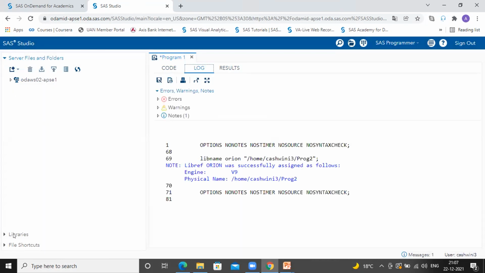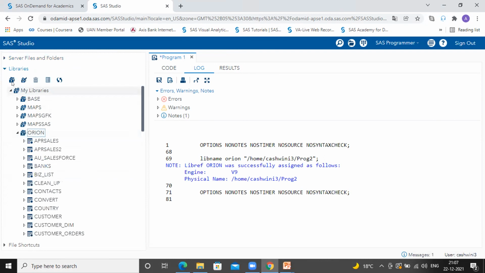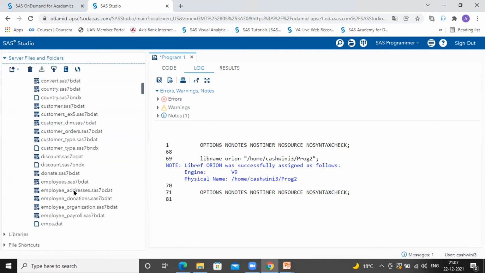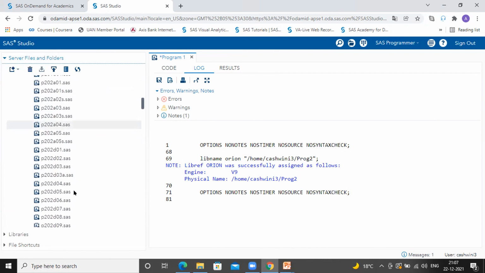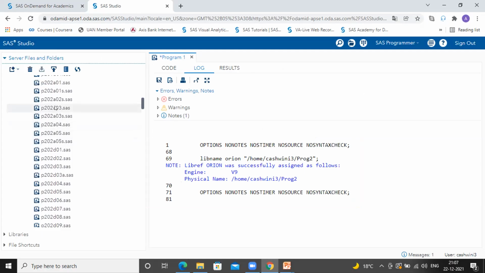All right, so let me check. Moving back to folders, we have to check this activity A03, lesson 2 activity A03.